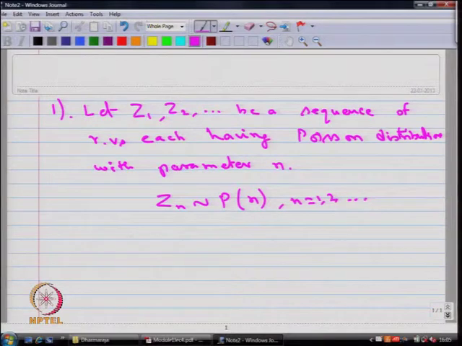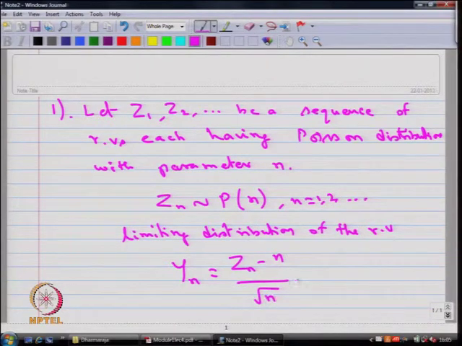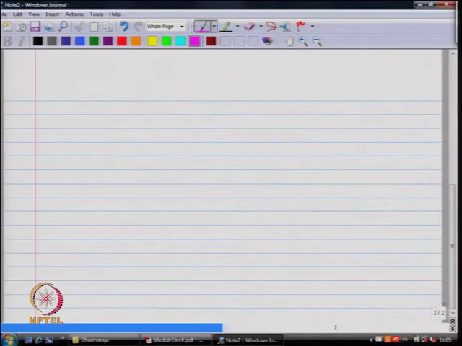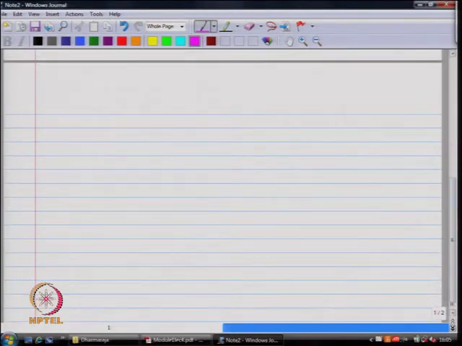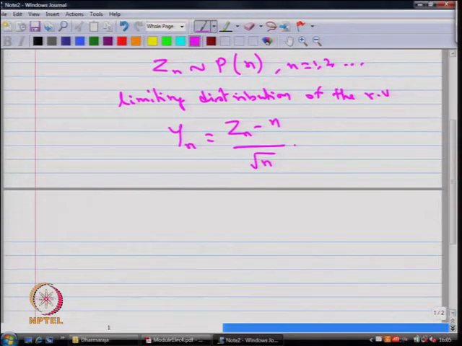Our interest is to find the limiting distribution of the random variable that is defined as Yn, that is, Zn minus n divided by square root of n. So, given Zn is Poisson distribution with the parameter n,